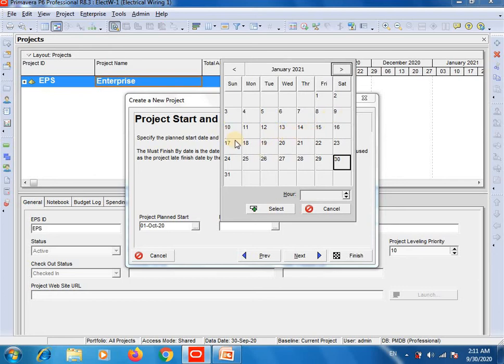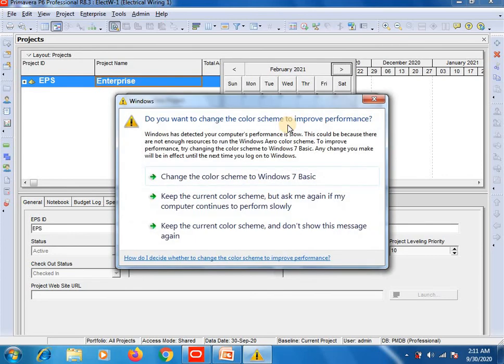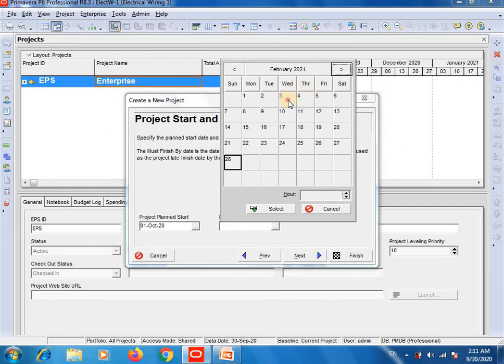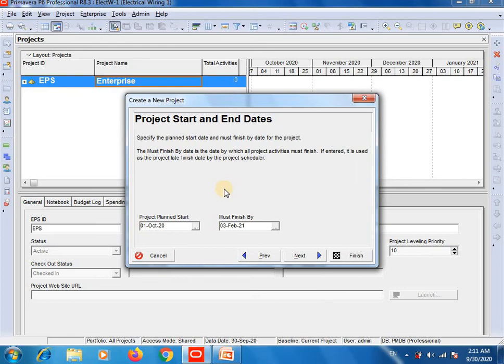I'm also including holidays, and adding 28 days, our project finish date will be 3rd of Feb 2021. Then click on select. So our project start date is 1st of October 2020 and finish date 3rd of Feb 2021.